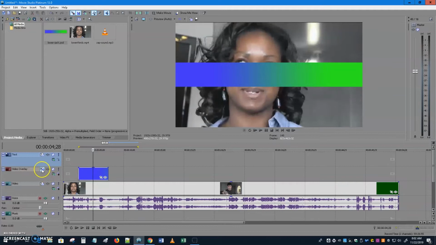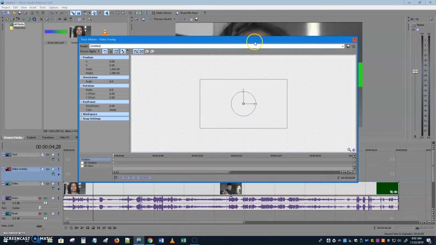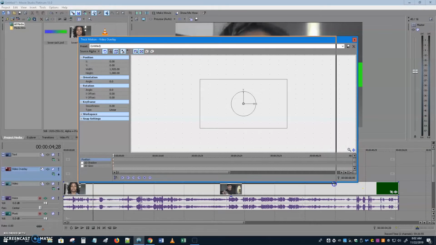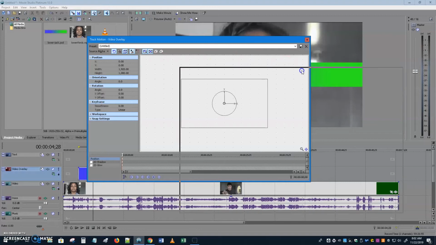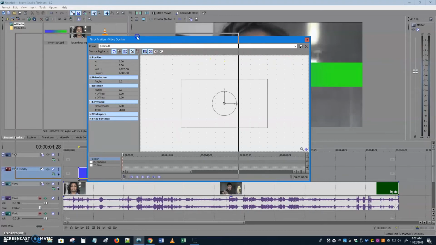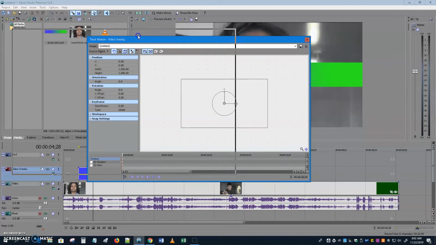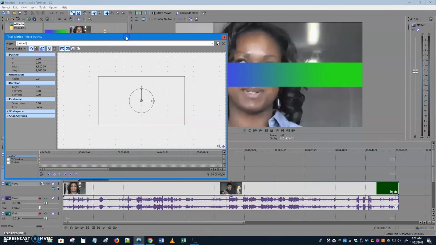Well, we're going to move it using something called track motion. That's also going to mean this track couldn't be used for anything but this thing. So we will have to abandon this track afterwards. Track motion has a lot of uses. Again, it comes out in some awkward place. I'm going to make it a little smaller. I'd like to be able to see the face at the same time. Watch out, your window can get pulled into other windows if you're not careful here. I'll put it right here like this. I want to be able to see her at the same time. Track motion,